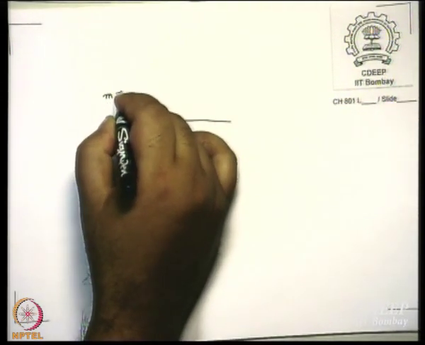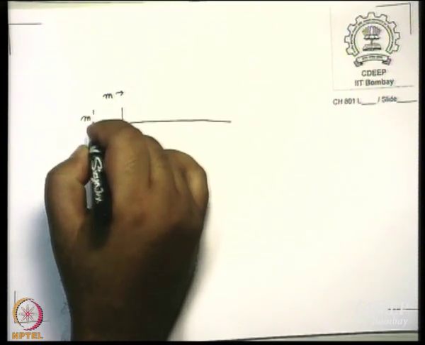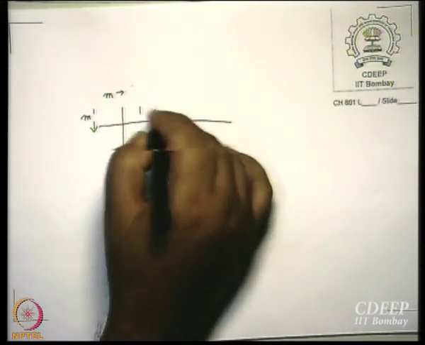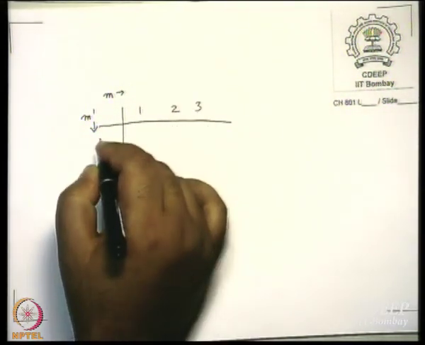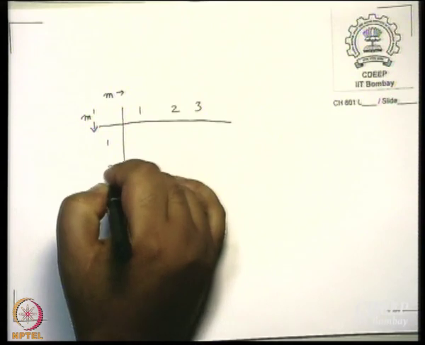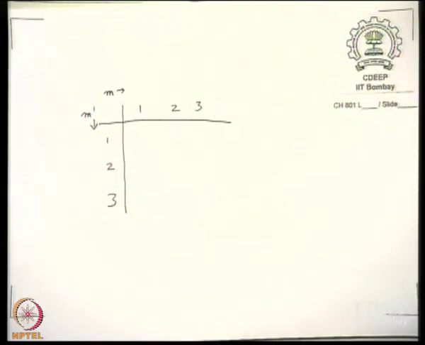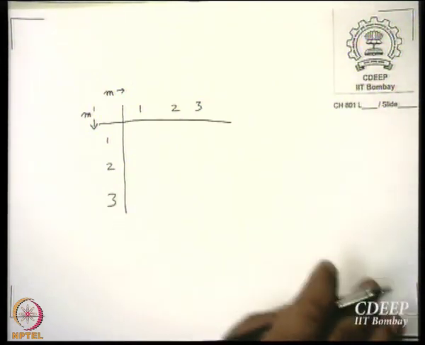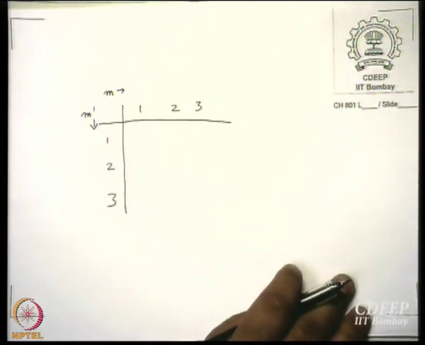So let us say I will write all the m values here and I will write all the m dash values here, and once again I want to work with 3 values of m, let us say Li equal to 3. So m equal to 1, 2, 3, m dashed equal to 1, 2, 3. So first I want to work out the products and then I write them. It is easier for me to do it if I look at it in a table.